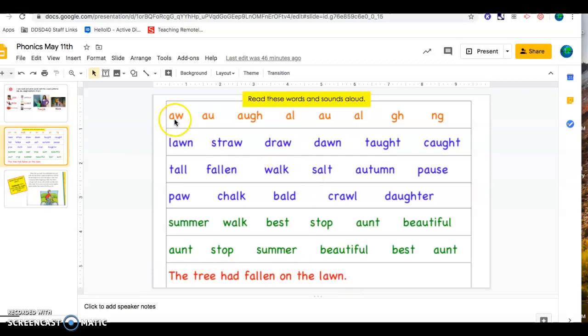So, my turn, your turn. Ah, ah, ah, ah, ah, ah,